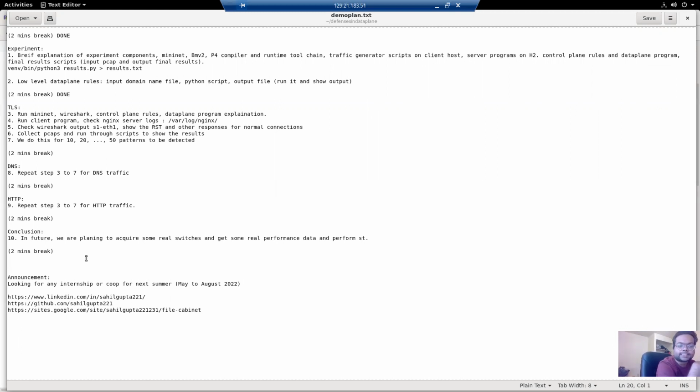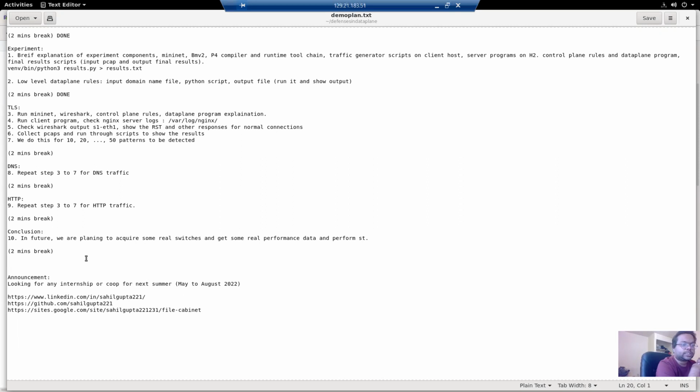Based on some statistical analysis, we try to figure out what could be the appropriate length to be parsed after TCP or UDP, basically within the TCP payload or UDP payload, such that with high accuracy we can be sure that the pattern is present somewhere there. So that will be one study that we need to conduct. We are actually working over it, and I think it's almost done also.